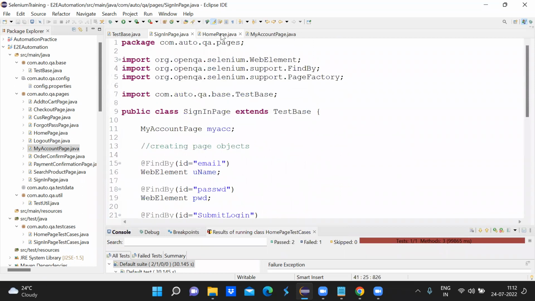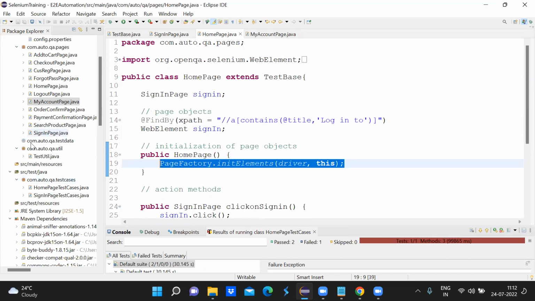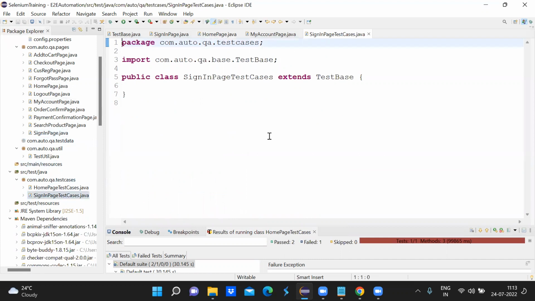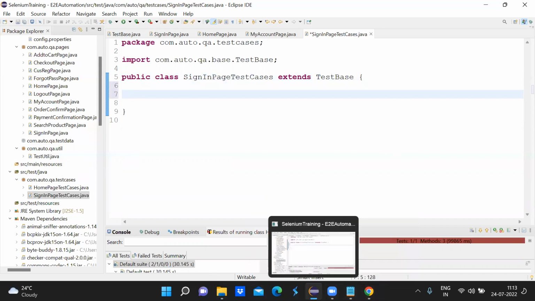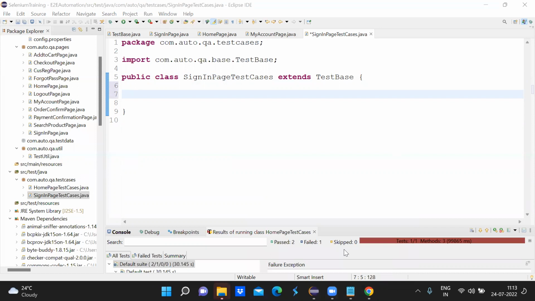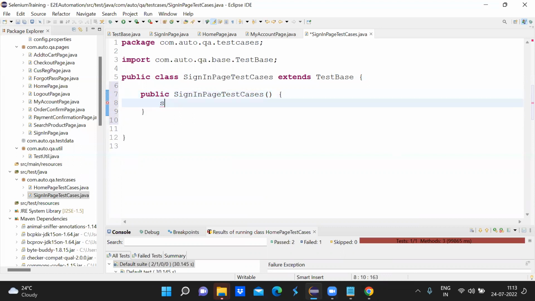Now I will have to move to your sign in page test case Java, right? So again, I have to first create the constructor of this. So constructor of this, public, super, and then next would be to